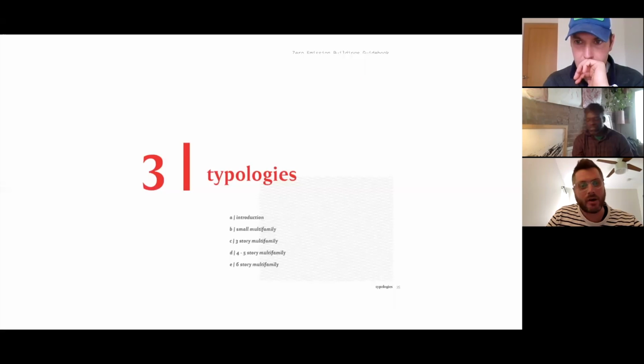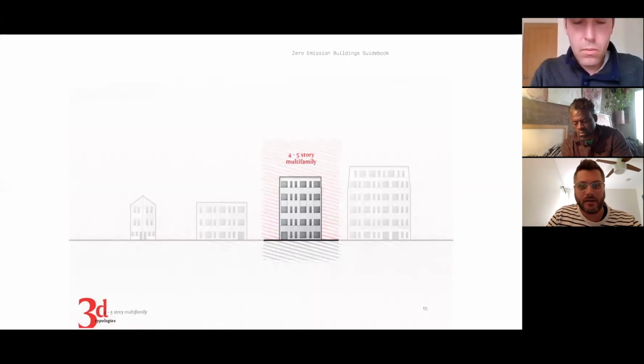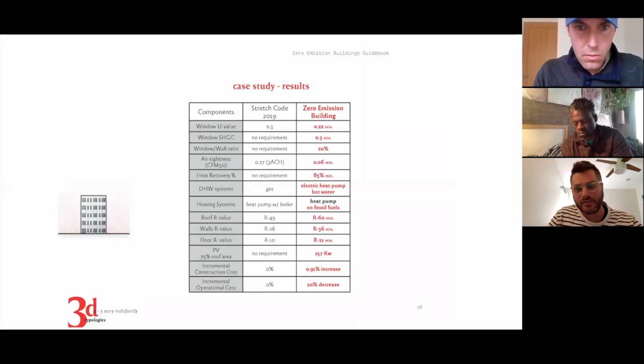So I'll just touch on typologies and march through one selected typology and show you how we're presenting the analysis. Again, these are the 4 typologies that we looked at. And then we'll highlight the 4 to 5-story multifamily building. So here are the case study results. And this goes back into relation with the cost analysis. Everything in the background that Colin and I modeled are actual products that are available on the market. And for the stretch code, we took a look at what a lot of current projects are using in terms of assemblies, windows, domestic hot water systems, and then also tying that back to